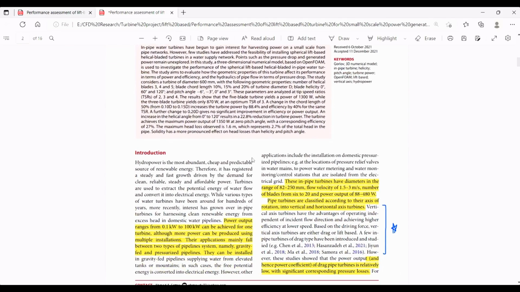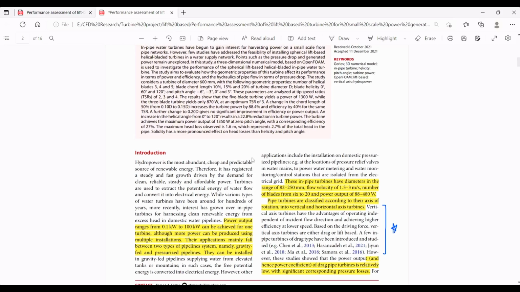As we all know, in today's world of growing energy concern, hydropower is an important source of renewable energy as it is abundant, cheap and predictable as compared to the other energy sources out there. And turbines are used to extract the energy available from water. The energy could be in the form of potential energy of water stored at a higher level compared to the base level, and the other one could be the energy that could be extracted from flowing waters in river streams